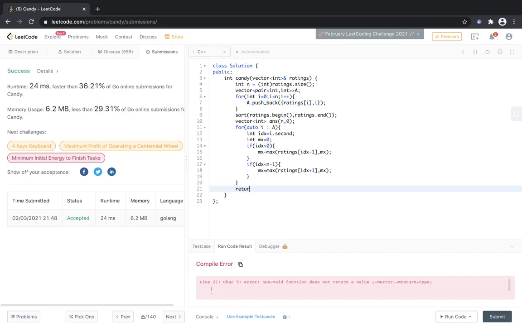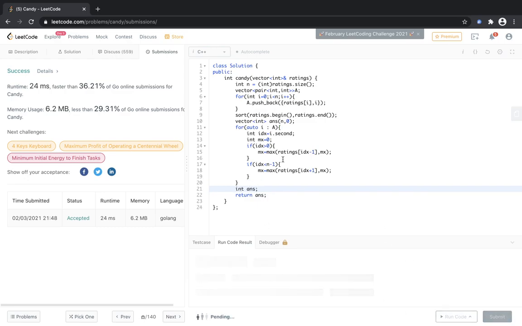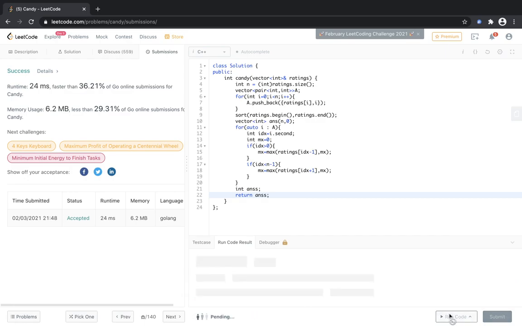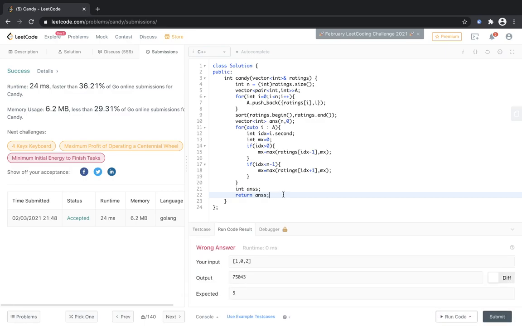Okay, we need to return something, return answer. So I'm just checking that this compiles. Okay, int answer, double s. Okay, so it works and it returns a random value for now, and let's fix that.